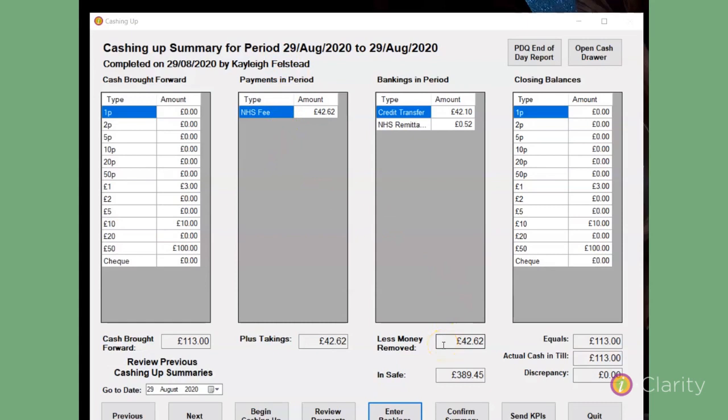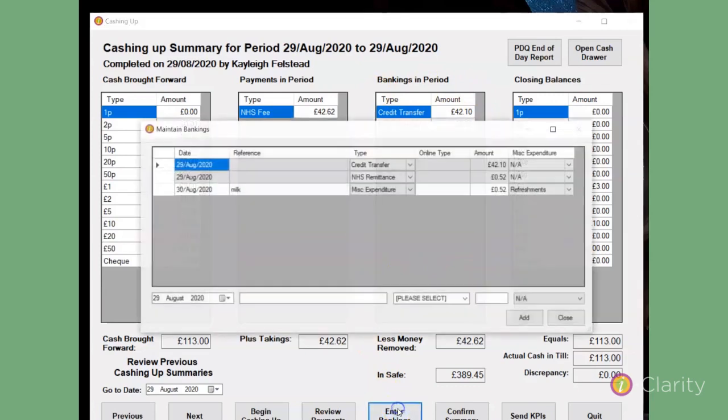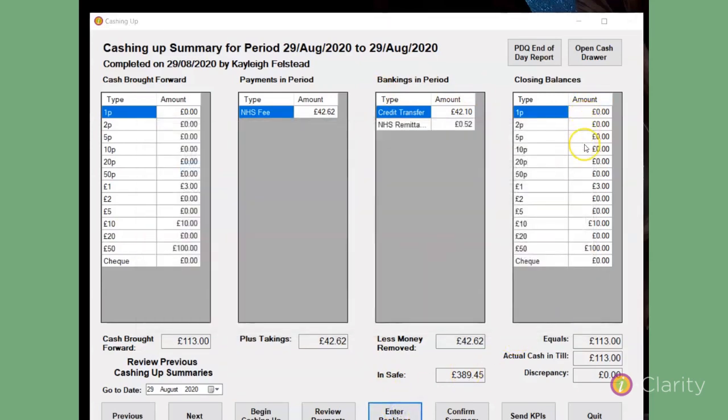Where the money has gone, so how much went to the bank, how much has gone into the safe, how much has gone to the bank via the PDQ machine, and how much has been spent on petty cash items. The information in this column is collated by what you tell iClarity you've taken in Enter Bankings. This column records how much money was in the till at the end of the day. Here we can see how much money is in the safe,